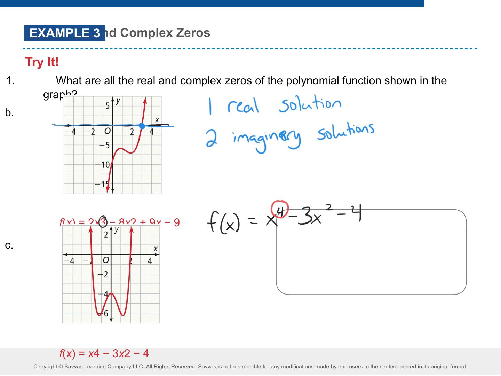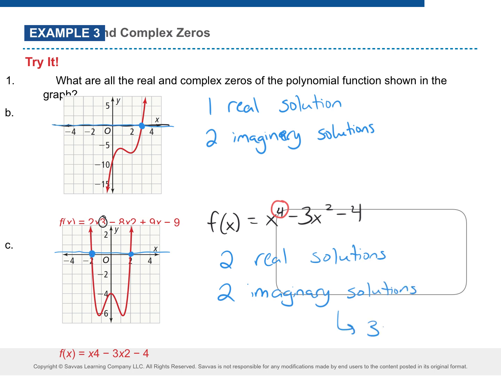What does our picture show us? 2. We have 2. What are those solutions called? Real. So we have 2 real solutions. So that leaves us with 2 imaginary. And again, those imaginary solutions, for example, that's your 3i, your complex numbers. Okay? So if I backed up